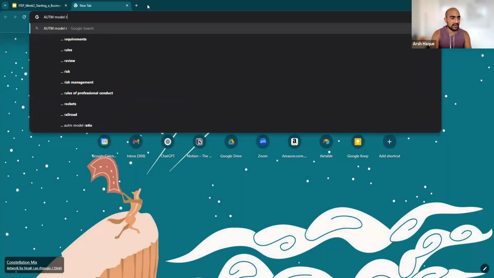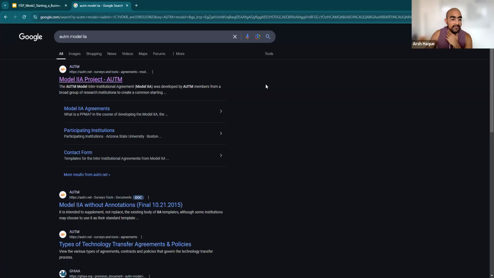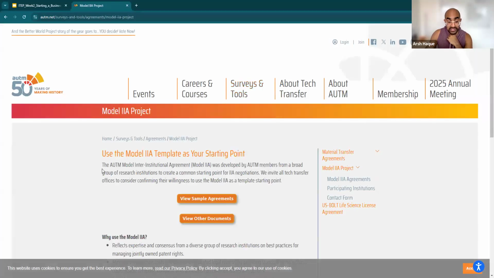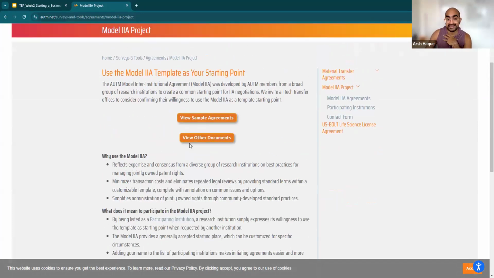I will mention one thing, which is the AUTM Model IIA, interinstitutional agreement. It's essentially a bunch of tech transfer offices from across the country that got together to build some kind of norms or set of norms and language with regards to all this. So kind of like how Delaware as a state normalized a lot of how business gets done for tech startups, the AUTM Model IIA is relatively new, but is a tool designed in a similar way